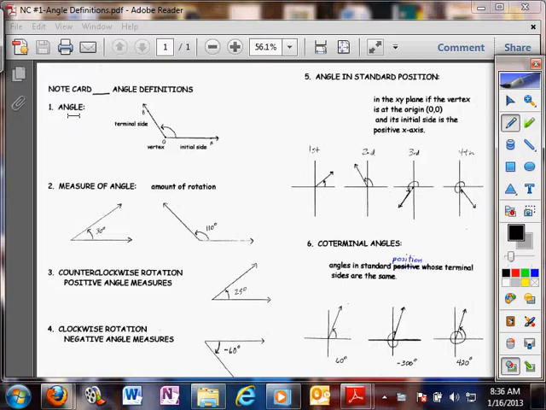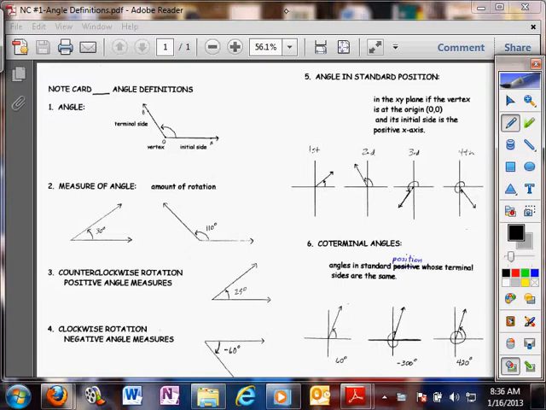The first thing is you have an angle, and this should be no shock to any of you. It kind of looks like this. We have a terminal side, the vertex, and the initial side. The initial side is going to be the side that is along the x-axis, because in trigonometry we're going to have